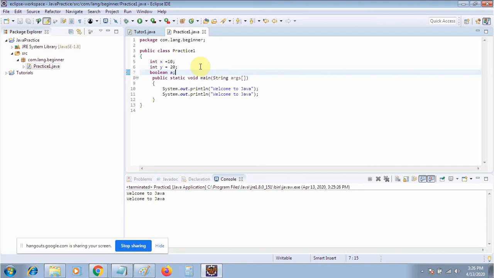So what will the boolean do? A boolean will compare these and give us the result in the form of true or false.